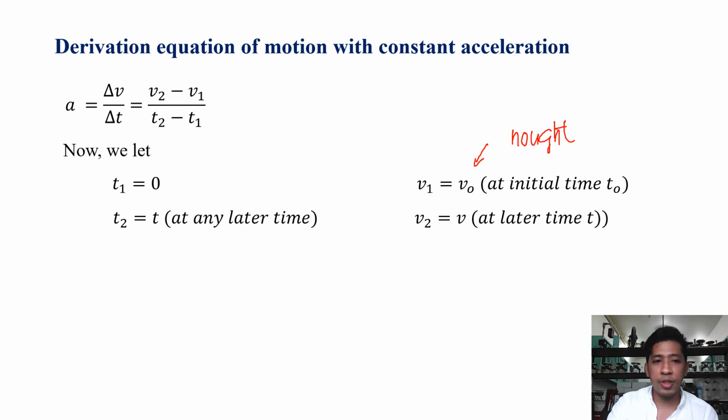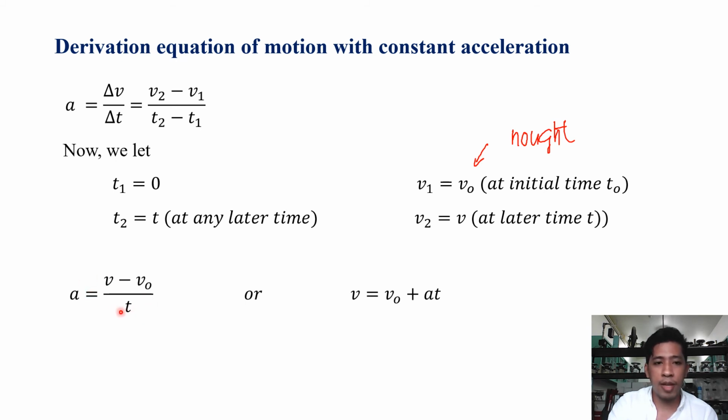Okay, we're going to use these expressions now in our equations above. So we're going to replace these terms here with all the quantities we have let here. If that is the case, your acceleration now becomes v minus v0 over t. Again, this is just from this equation here, and we let some of the expressions replace the terms with these expressions, and your equation becomes a is equal to v minus v0 over t,